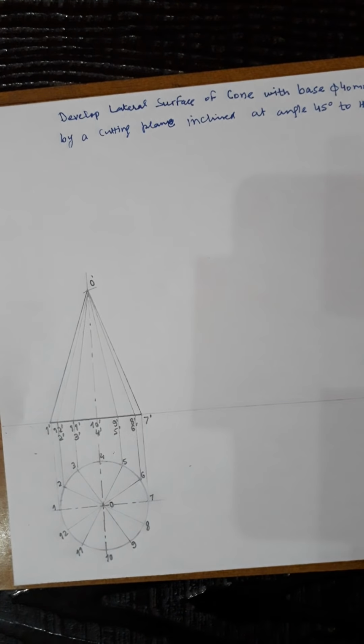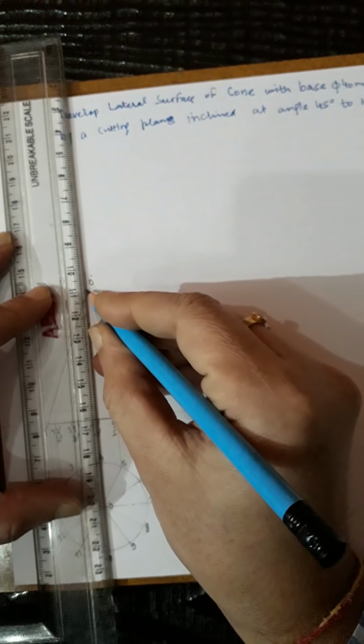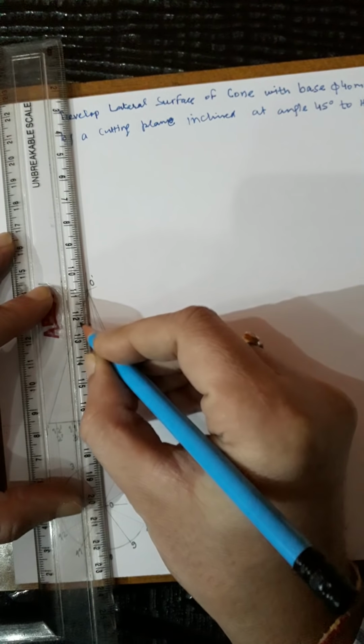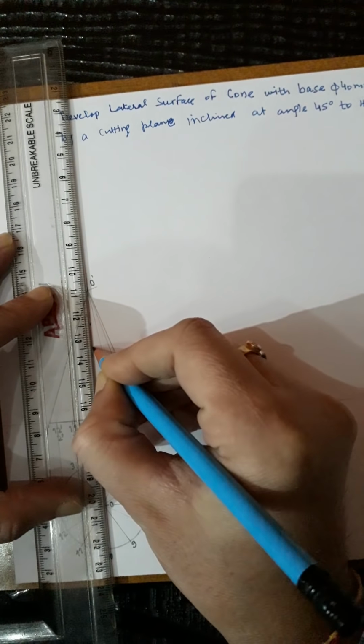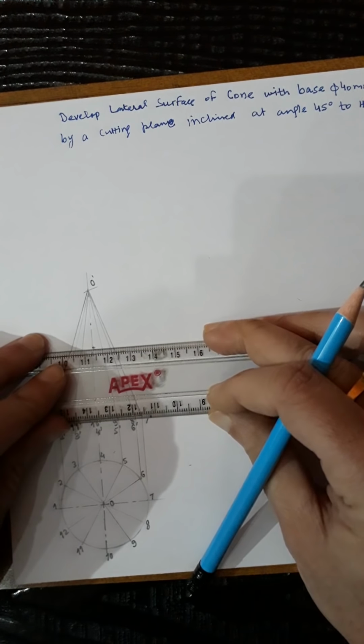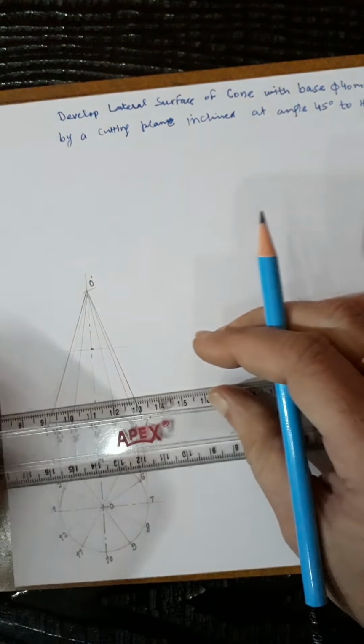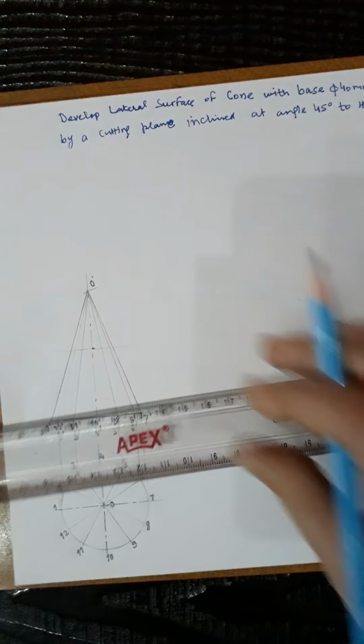Okay. Now the cutting plane you need to locate, it is 25 mm from the apex. So I can measure 10, 20, 25 along this chain line, the axis line. This is 25. You can now simply draw a horizontal through this. Now I will be measuring a 45 degree angle. Now I measure this angle at 45. So I will be drawing the chain line through this. This is the cutting plane line, 45 degrees, passing through this point along the axis line.